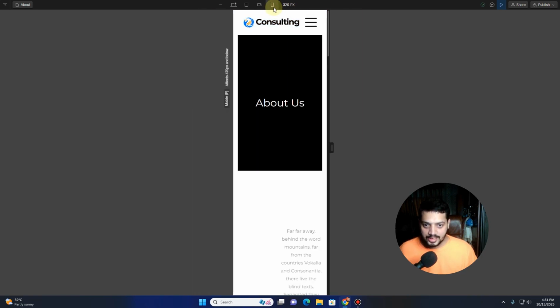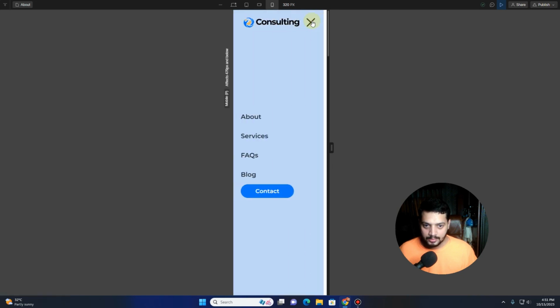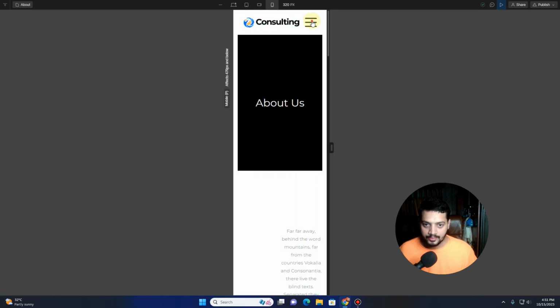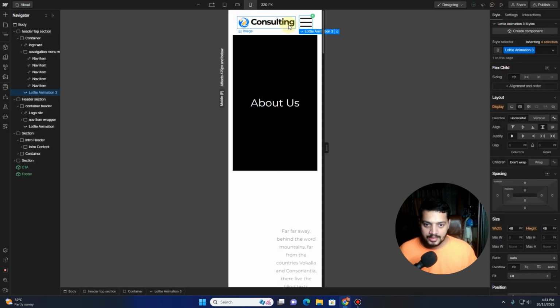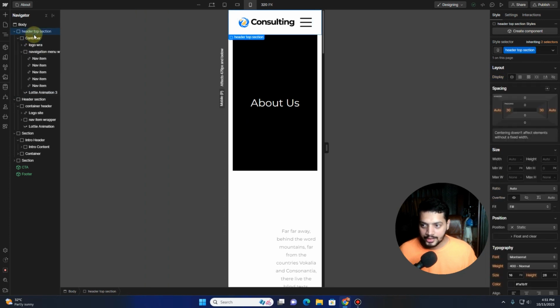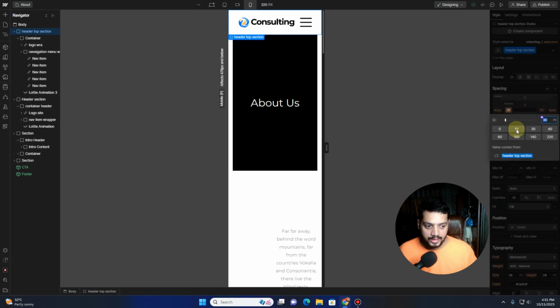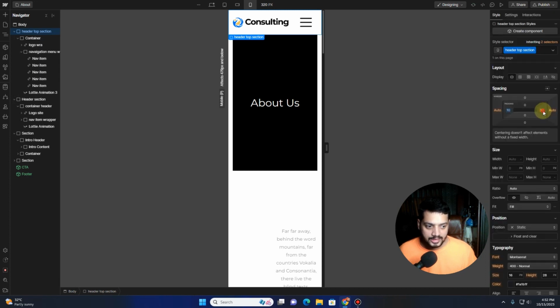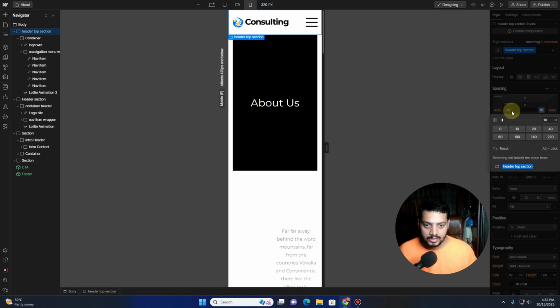Now let's just see this on mobile devices. So on the mobile devices we have some problem with the spacing, but other than that the animation is working fine. So let's just fix the problem with the spacing. In order to fix this problem, there are multiple ways to do that. First of all, you can select your container, or you can select your div or the container or the section that we have added. In here we have a padding of 30 pixels. You can reduce the padding to 10 on the left side and reduce it to 10 on the right